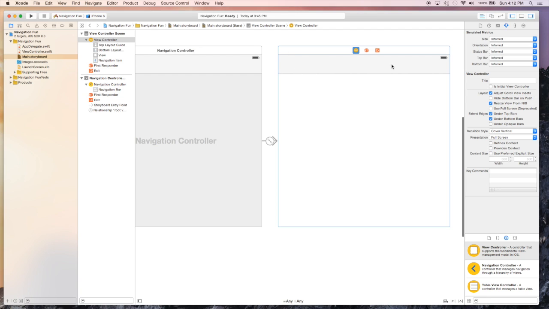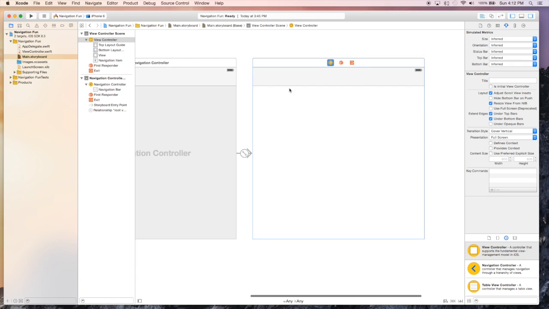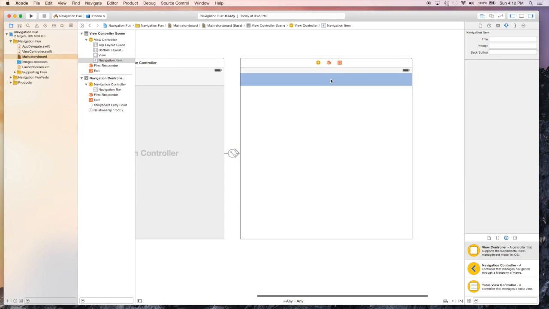Now you see we have this bar, which is a navigation bar, and you'll see that in a lot of apps. You can have a title, a back button, or other buttons that you decide to add to it, but for now we'll just give it a title. We'll call this first view,